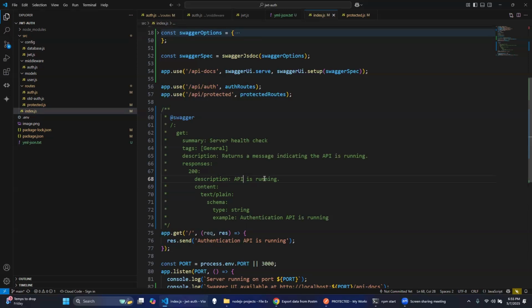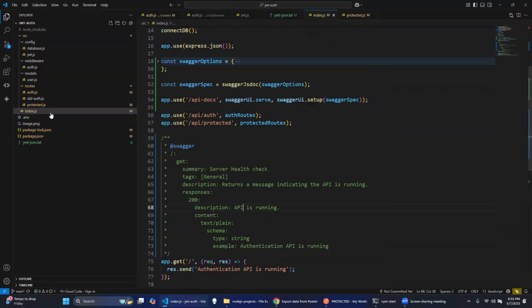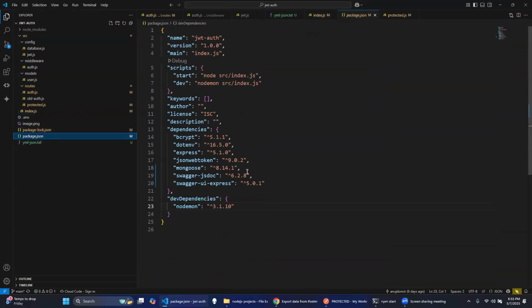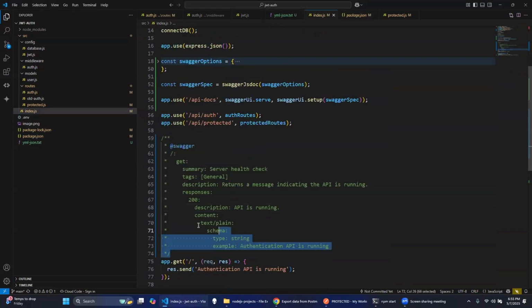in a moment. But before you go to Swagger, you need to install two additional dependencies, Swagger JS docs and Swagger UI. This will help you have a dedicated place, just like Postman, to test your API, Swagger UI, and we'll see it. But the core of Swagger is this kind of a documentation,